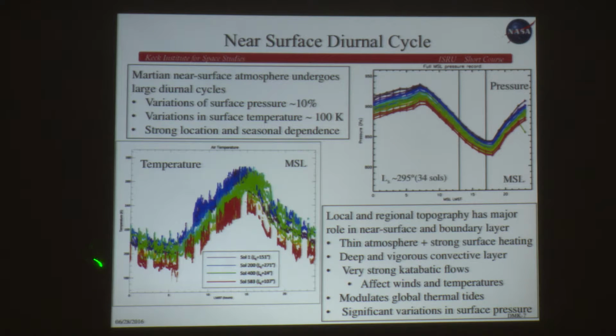Likewise, the surface temperature shown down here, again over a diurnal cycle, at 4 different seasons throughout the Mars year from MSL, shows a very strong variation. You've got your nighttime cold temperature, your morning warming to your peak high temperature midday, then it cools off in the afternoon and throughout the night until you get back around the cycle. In this case, that is about 60 to 70 K of variation. Elsewhere on the surface, we routinely see 100 K of variation.